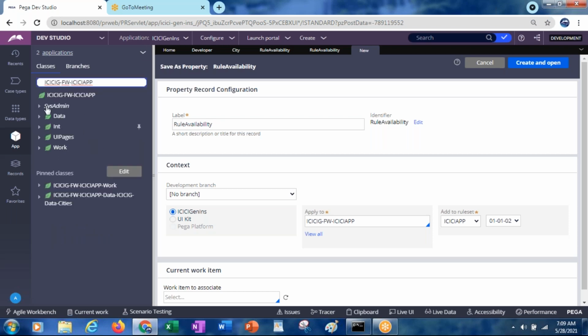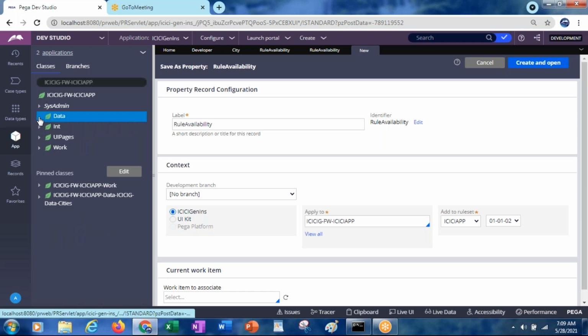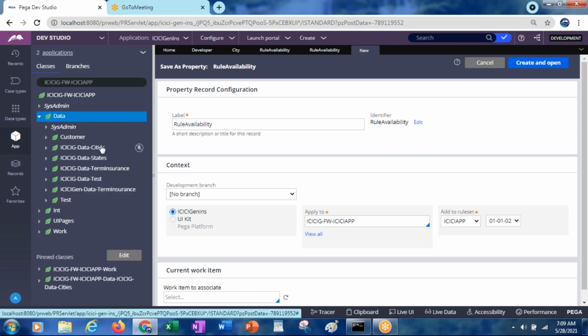So under the FW ICICI app right now. Okay, do we have the property? No. Okay, so that can be under the 010113 itself, no problem, the highest version.